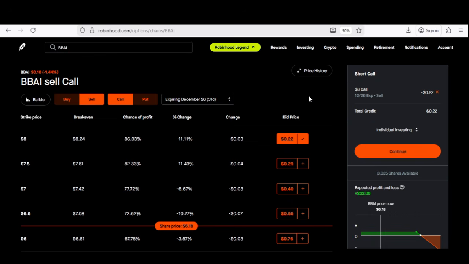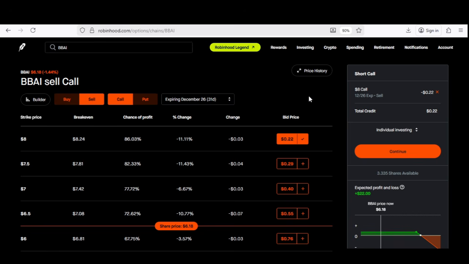Now, with this option strategy, you start off with a cash secured put. You are assigned the shares. Once that happens, you switch to a second option strategy known as the covered call option strategy, where you continue to make consistent income. Whenever you lose the covered call, you're going to have cash in your portfolio. Then you could go back and start the cash secured put all over again. This new option strategy, the combination of the cash secured put and the covered call, is known as the wheel option strategy.